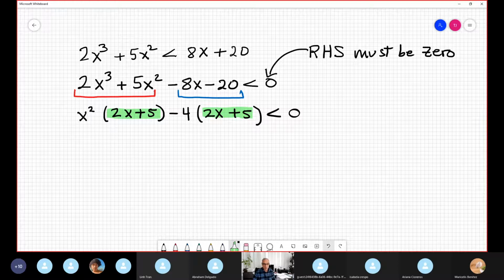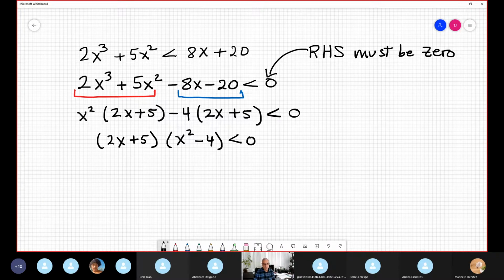Therefore, I factor one more time, taking the factor 2x plus 5 outside. Factor out, and we have x squared minus 4. And that's not it, because I can see here a famous difference of squares. So the completed factorization is 2x plus 5, open two parentheses, x minus 2, x plus 2,